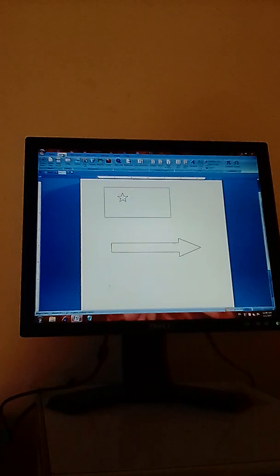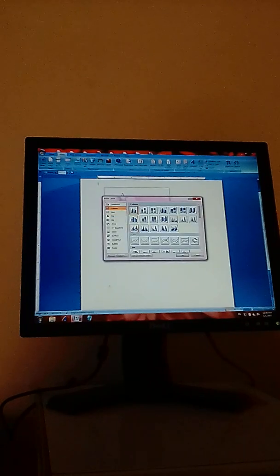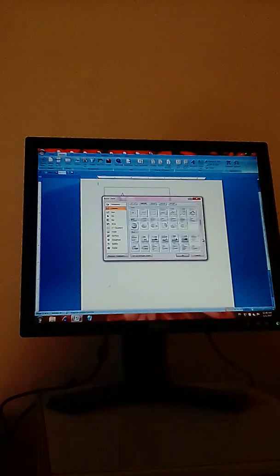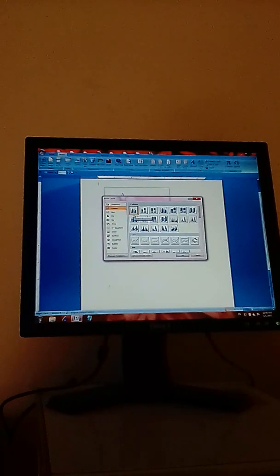So you will see that Chart is also available in the Insert tab tools, and you will have to click on Chart. A menu displaying various charts appears here, and you will have to click on any figure of the chart, and finally you will click on OK. Your selected chart will appear on your document. So dear students, here you see that your chart has also been inserted on your document.